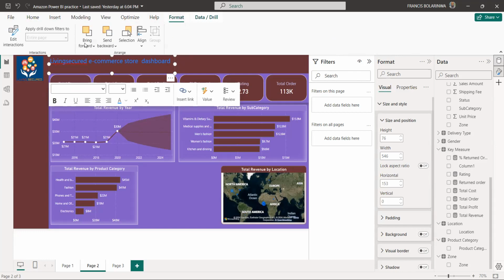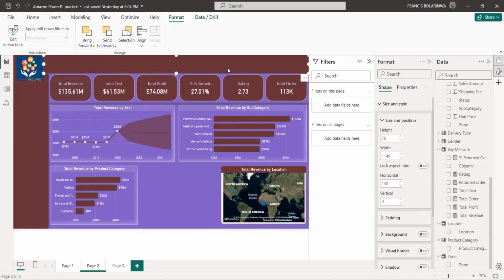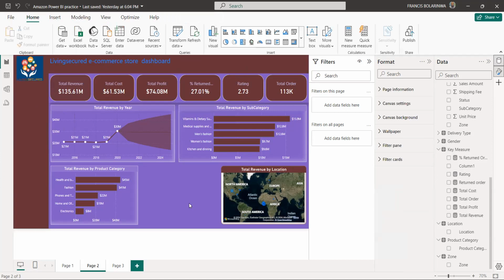Maybe when you are creating one of the shapes, it obstructs what is under it and you can't see it. So you can always say, bring it to the front. Even by the time you click out, it will always come on the top.